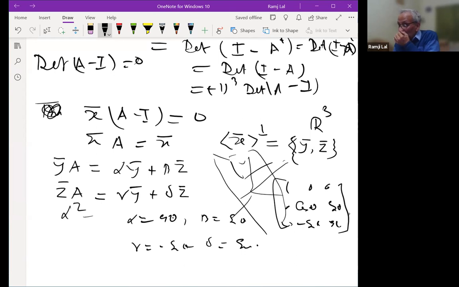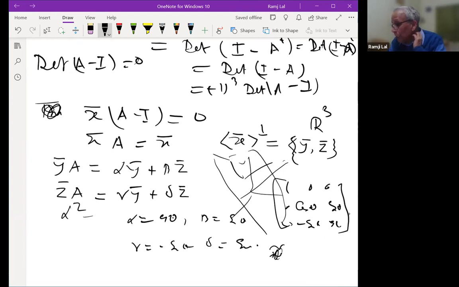So this is something which you obtain here for the members of SO3, and of course for O3 you have a reflection also, so maybe you can have this minus 1 over here, or you can just take this to be minus cos theta, sine theta, which is indeed equivalent to the minus 1 case, which is similar to that one. So this is a rotation.